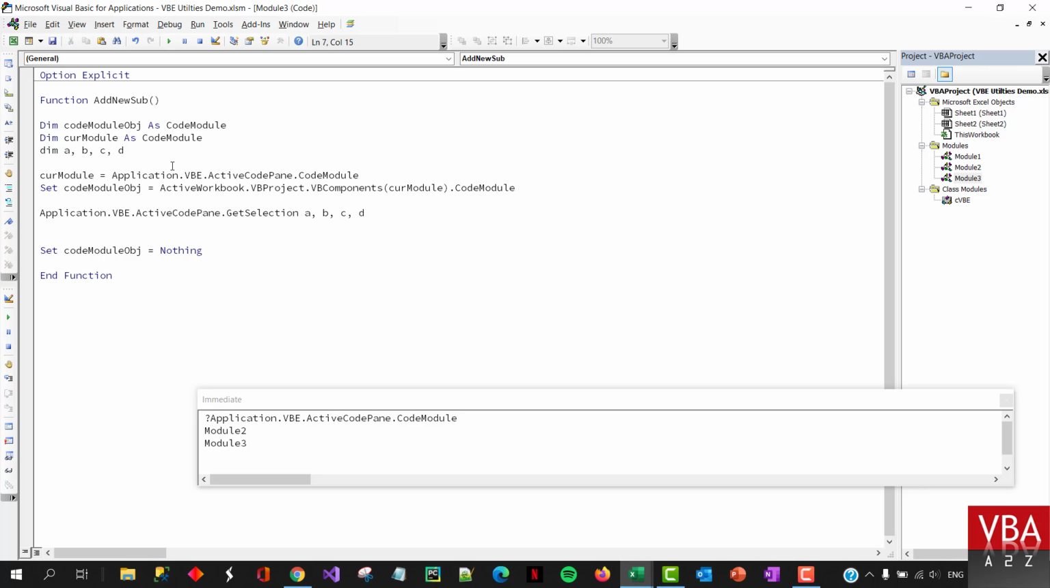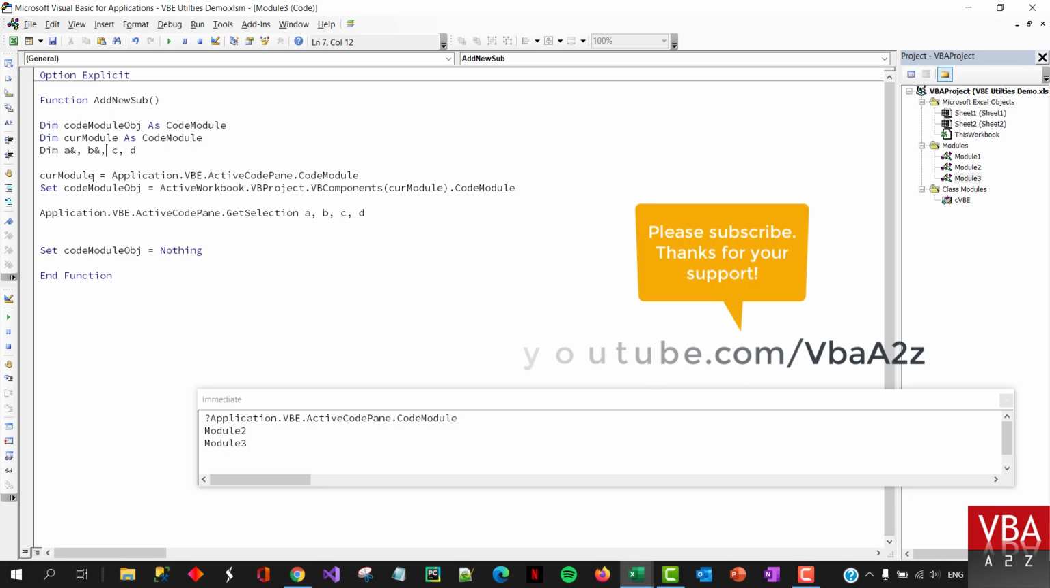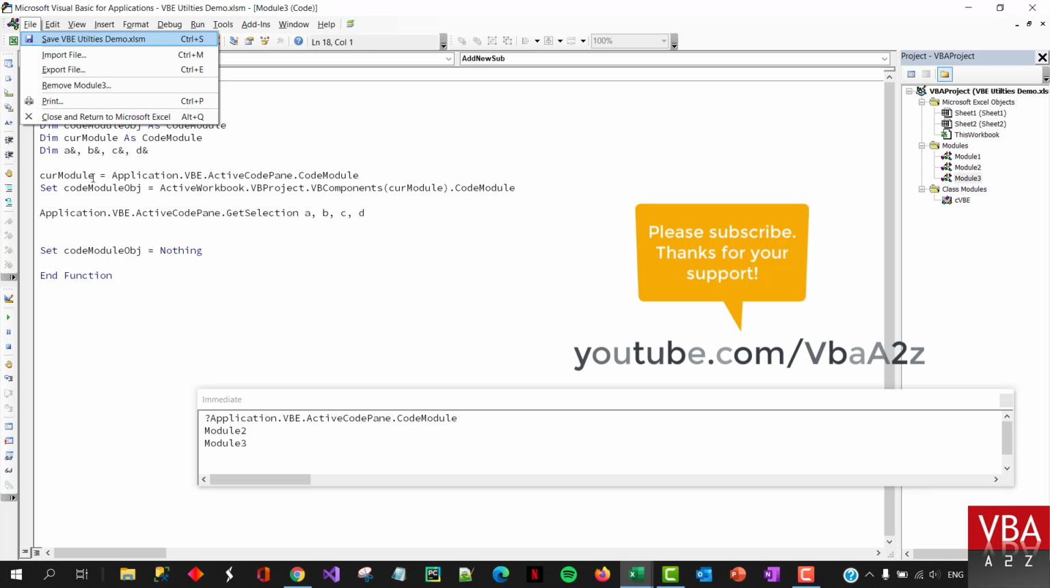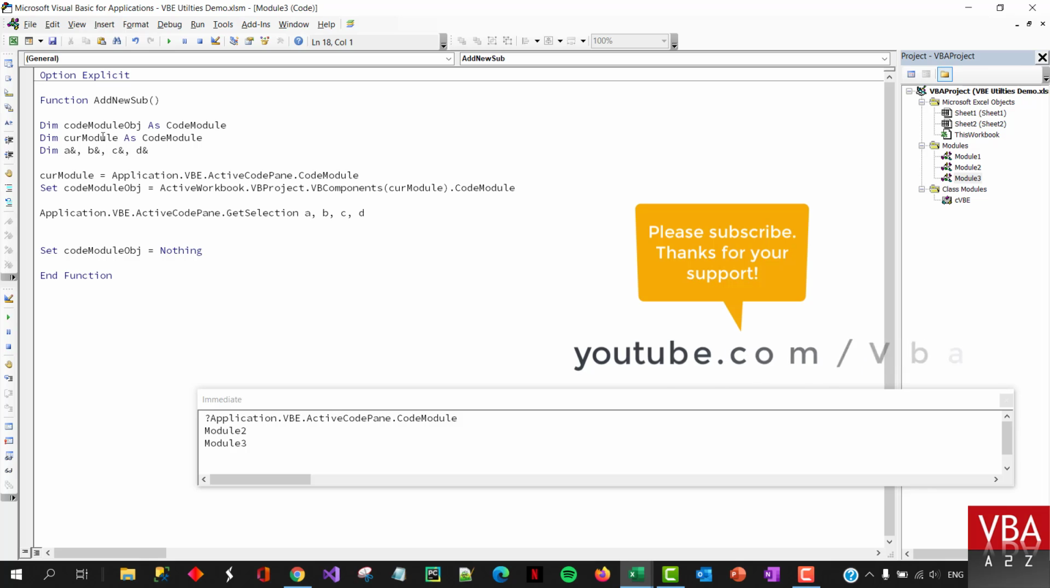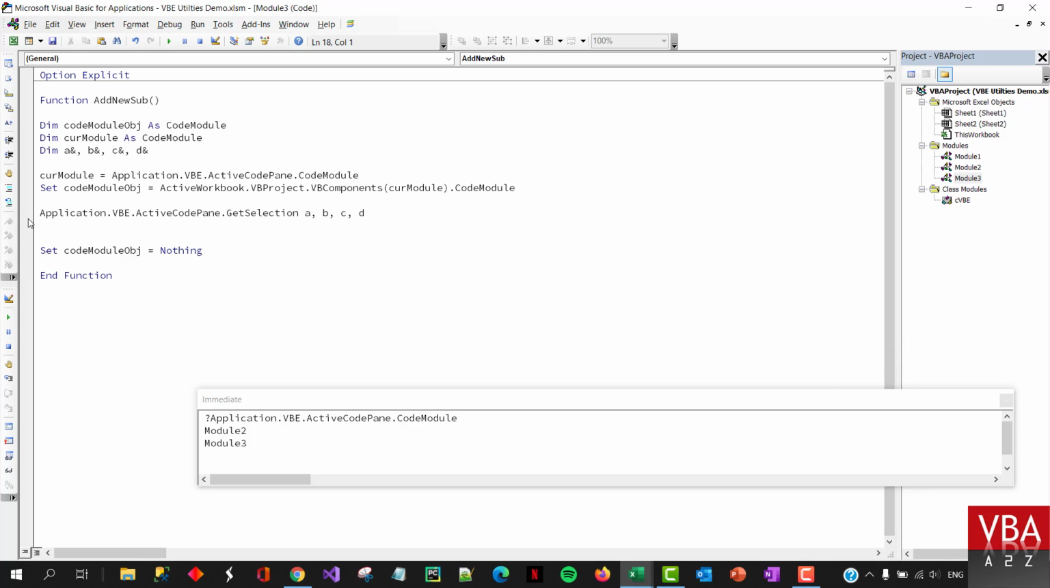So I'm going to do this Dim A as Long. This symbolizes Long if you're not familiar. Okay, so those will be our variables. As soon as this code is executed till here, if I press F5,